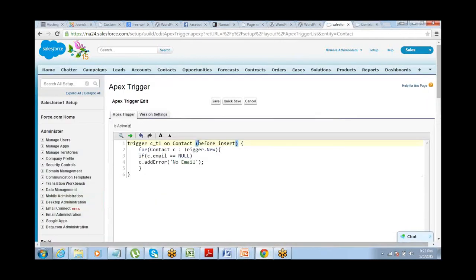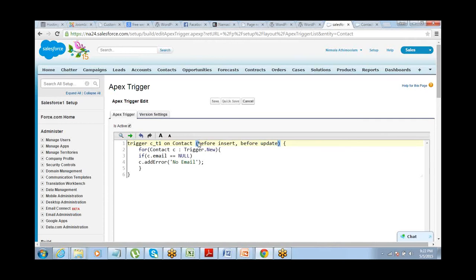Absolutely correct. So the good thing about this trigger is that I have control over whether I want some code to get executed only on before insert or only on before update. Or if you want it to get executed for insert as well as update, just make it before insert, before update.